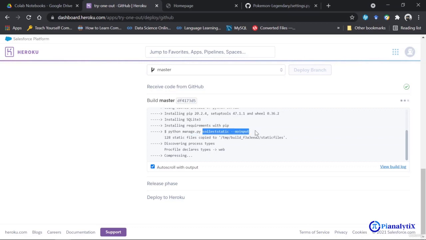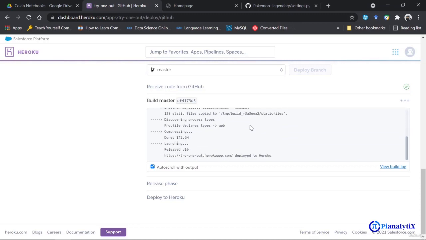This command is telling the server to build the new staticfiles directory, and all of the static files present in my code are to be put there now. If there's no problem or error shown, you would see this URL present here. You can copy this URL, or maybe wait for some time, and we will have to wait a little more.